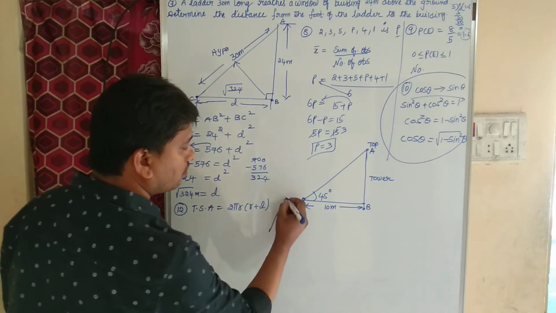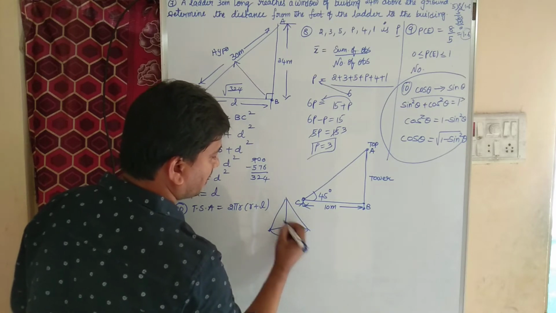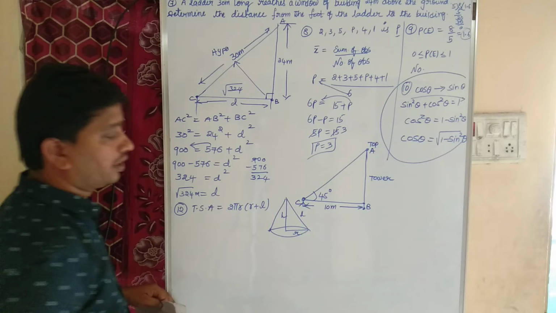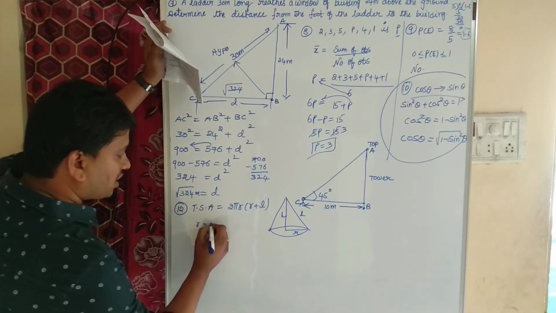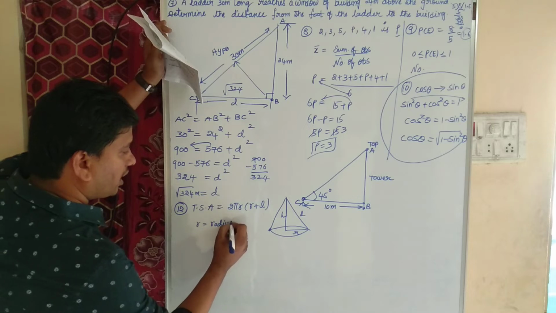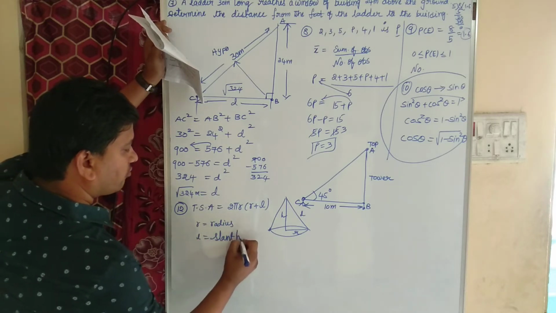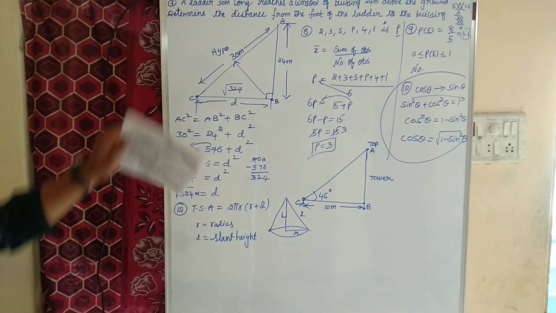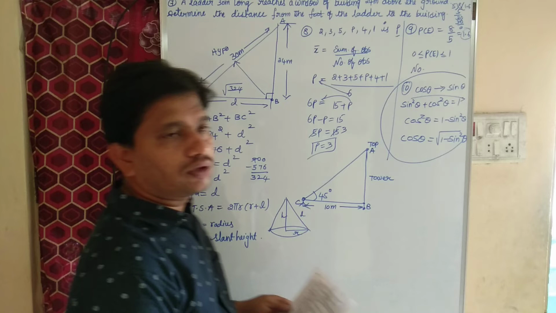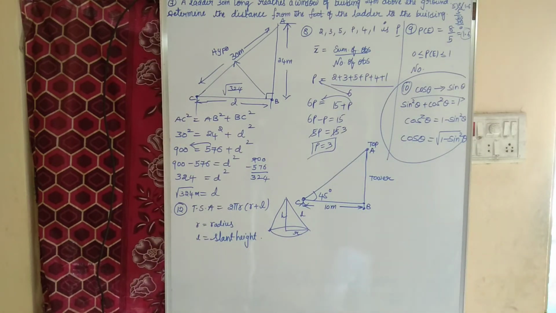If you want to get good marks, you need to draw the diagram as well. This is our radius, this is our height of the cone and this is our slant height of the cone. So what is r children? R is nothing but radius, L is nothing but slant height of the cone. Okay. So what is the total surface area of right circular cone? That is nothing but 2 pi r into r plus L, and also we explain the terms in it.